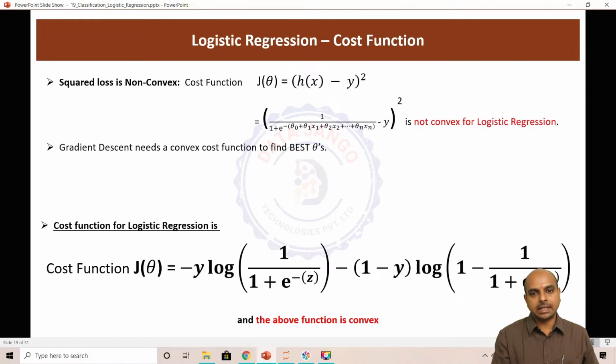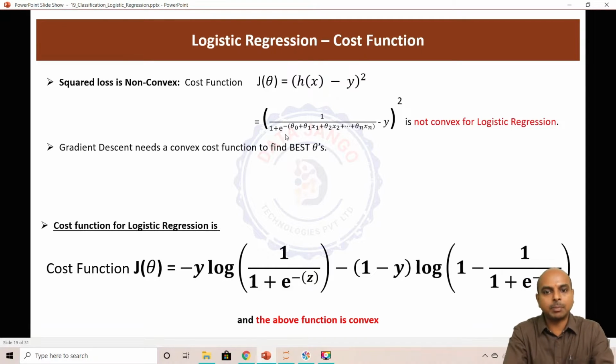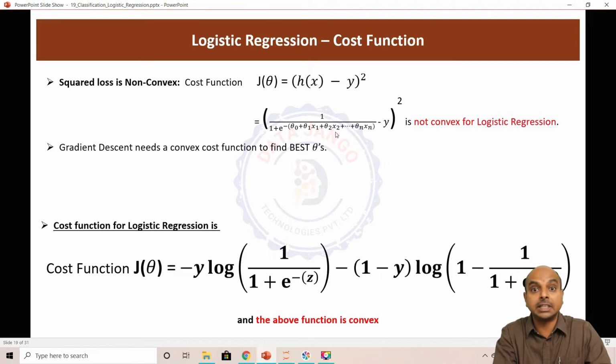In the logistic regression setup, if you try to use squared loss, (h of x minus y) whole square, where h of x is equal to 1 by 1 plus e power minus z, and z is nothing but theta transpose x, or the linear combination of all input values, this is going to be non-convex. So when a non-convex function is taken as the cost function, the gradient descent algorithm fails to find the global minimal theta. It may actually get stuck at one of the local minimas,